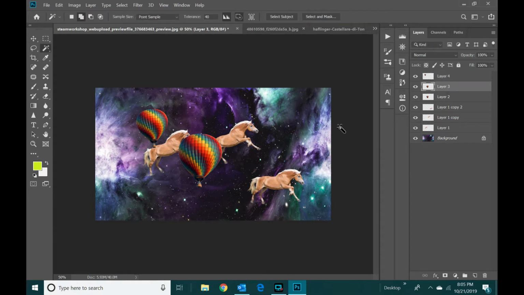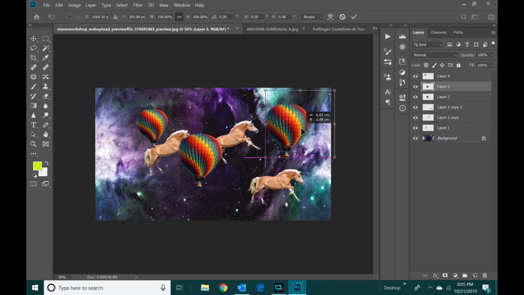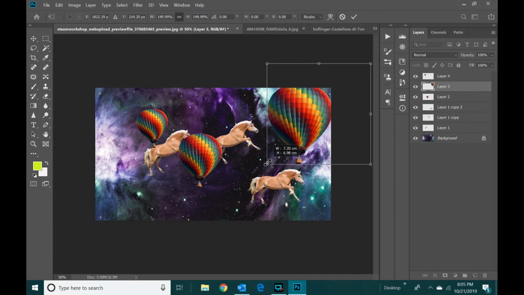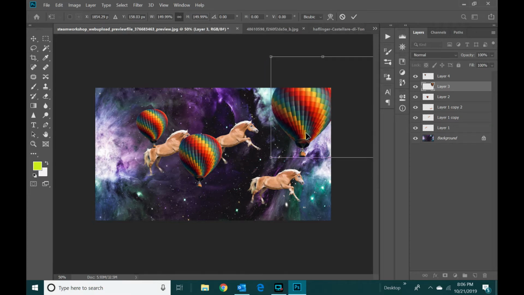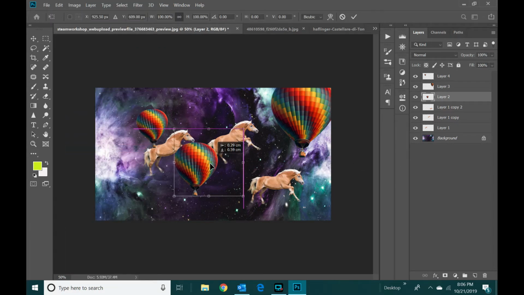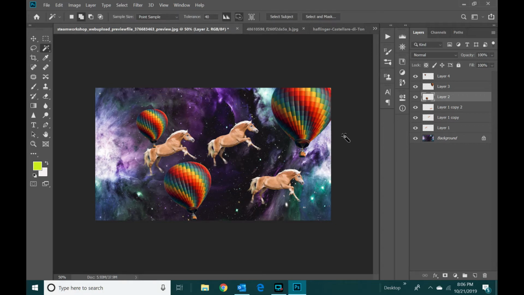I'm going to go to the next layer, edit, free transform. I've moved up in the corner there, I've moved that one out. Ooh, big balloon, I've just dragged it out to make it bigger, you can do that. Okay, and then the last layer there, edit, free transform. I'll move it around, I'll tip it on its side. Okay,